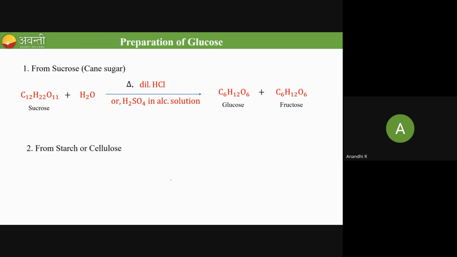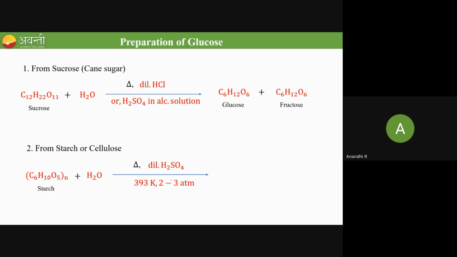And the second preparation of glucose is from starch or cellulose. What is the formula for starch? May I know the formula for starch? If you have heard of it, just let me know in the chat box. Okay, so the formula for starch is (C6H10O5)n. Yes, Sandeep, you left out the n, but your formula is correct. So (C6H10O5)n is starch, and starch on hydrolysis in the presence of the same mineral acid,